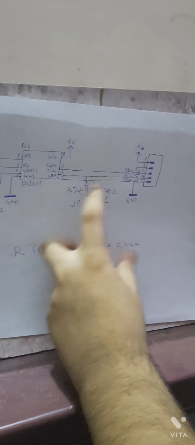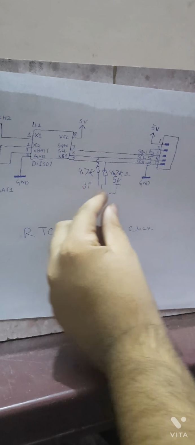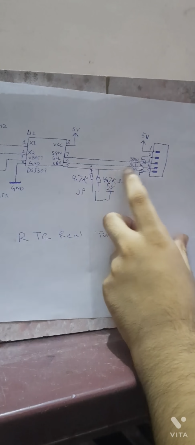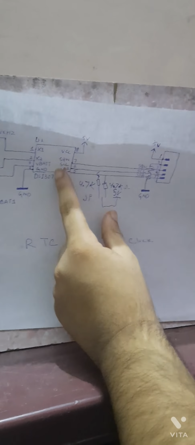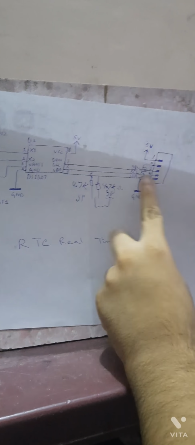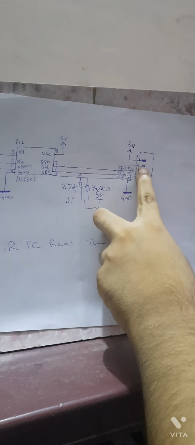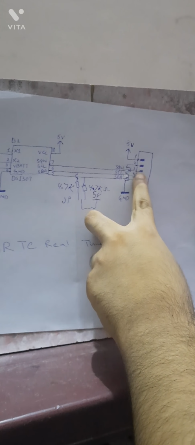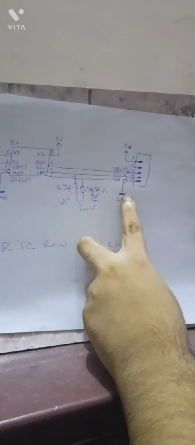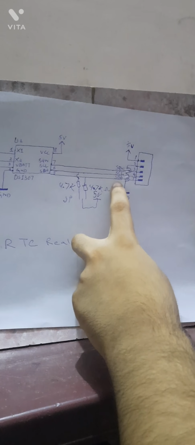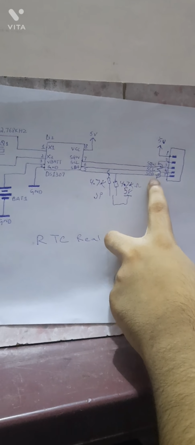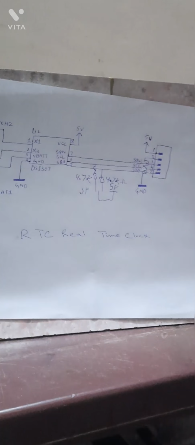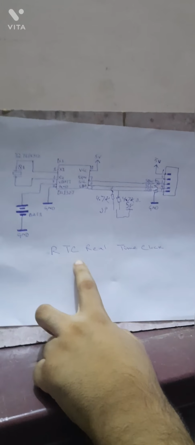So that's why in the data line and clock line, you can pull this jumper in clock, positive to clock and positive to data line, to protect overflow to the IC and the Arduino board. And this jack is pin number 2 is ground, pin number 1 is 5 volt, pin number 3 is SQW, pin number 4 is SCL, and 5 is the serial data line, and there is a certain diagram of RTC, real time clock.